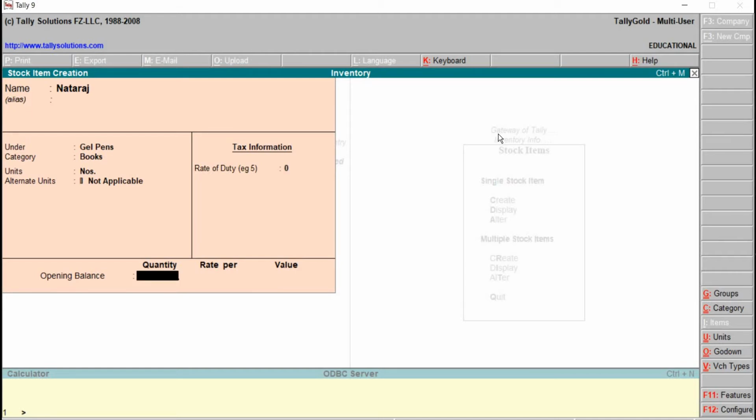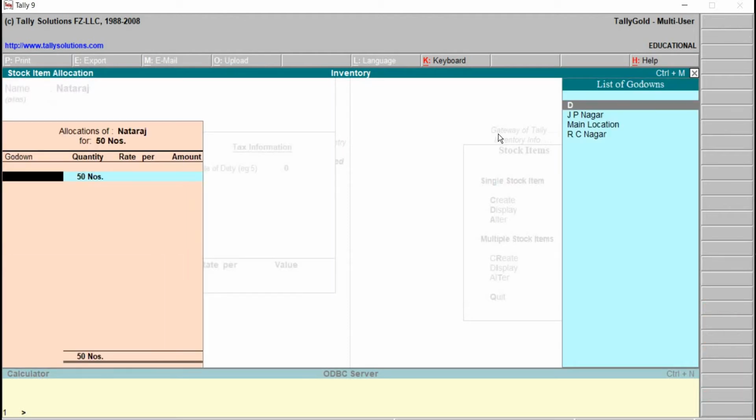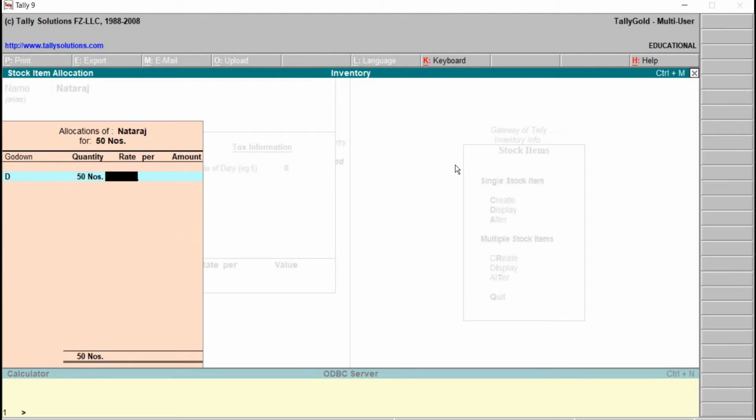Quantity, I just tell here 50. Rate, once we enter the quantity and rate, here comes again godowns, and which particular godown we are going to store this one. Let's save this one in D godown. 50 numbers. Rate per piece, I just take here 20 rupees.